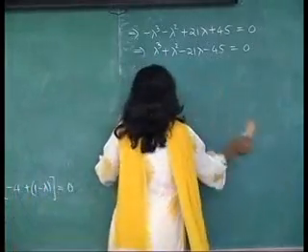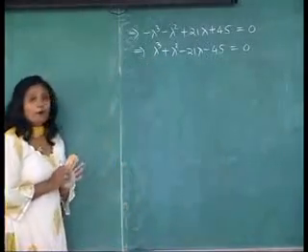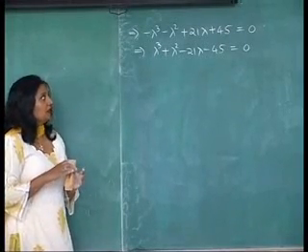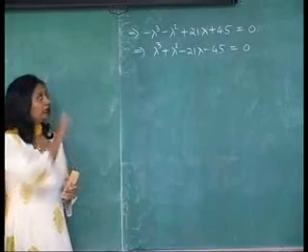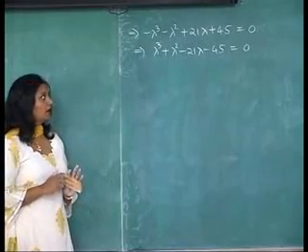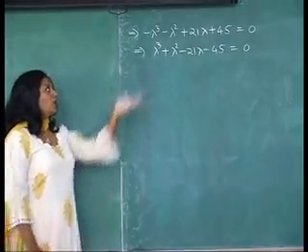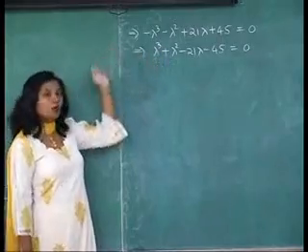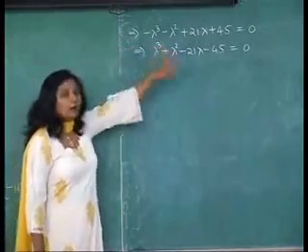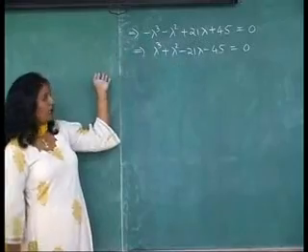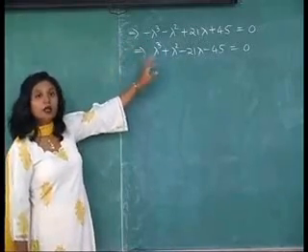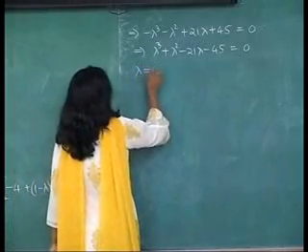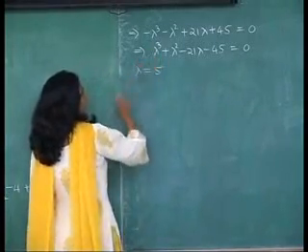For a cubic equation, hopefully the problems that will be given to you will be such that it will be easy to find at least one of the roots by trial and error. What you need to do is try out lambda equal to 1, see if the equation is satisfied. If not, try lambda equal to minus 1. If not, then try lambda equal to plus 2, try lambda equal to minus 2, and so on till you hit upon the root. Now here, if I put lambda equal to 5